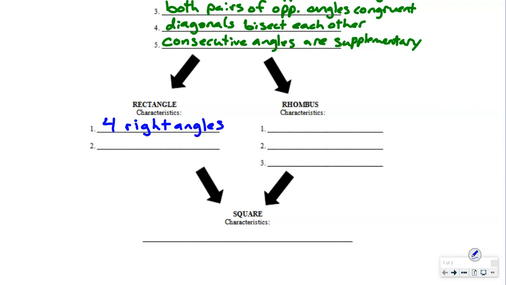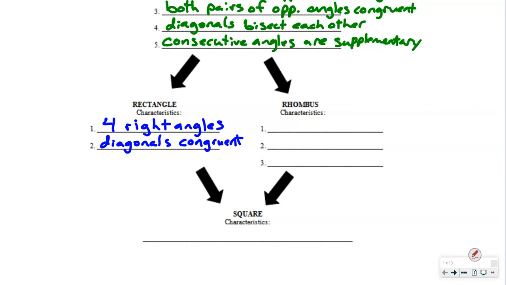We have 4 right angles in all rectangles, and our diagonals are going to be congruent. And remember, a diagonal goes across the inside from one angle to the opposite angle. Then